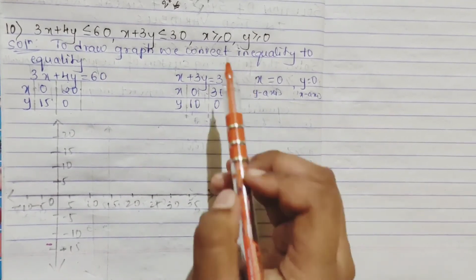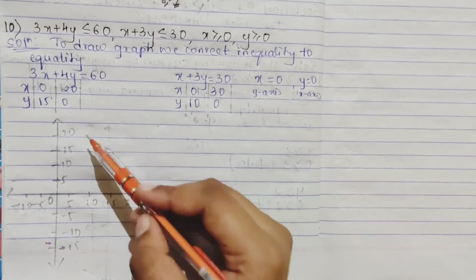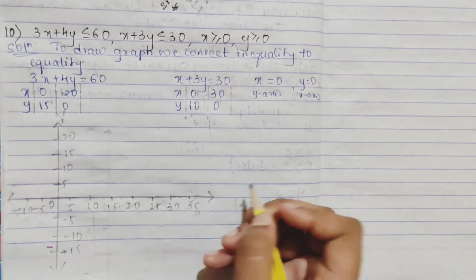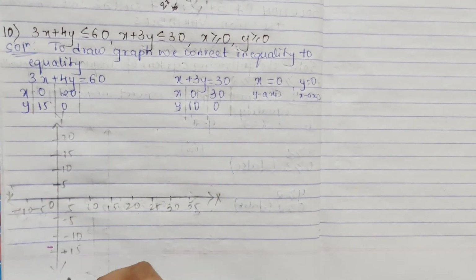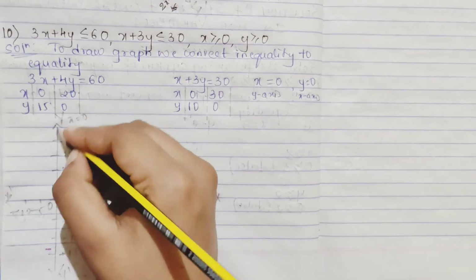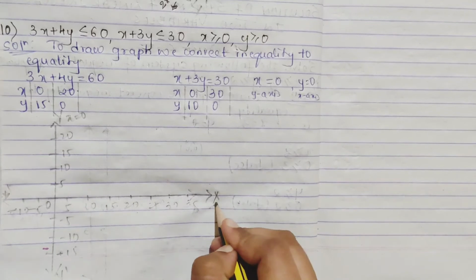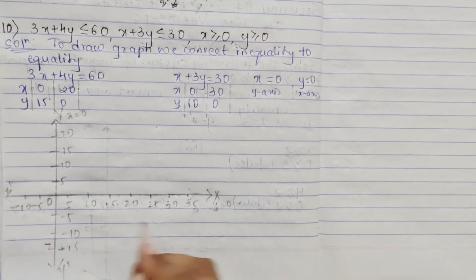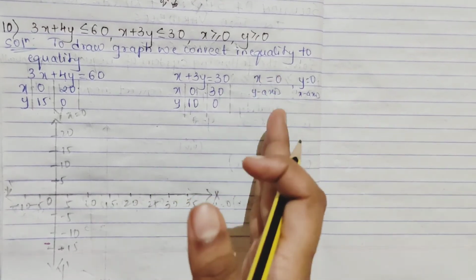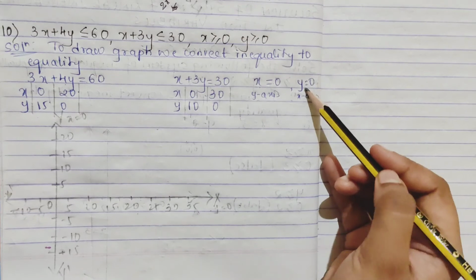Now here you see this becomes x is equal to 0. X is equal to 0 means what? Your y-axis, right? Basically, here I didn't write x, x dash, y dash. So x is equal to 0 means the whole y-axis you get, and y is equal to 0 means x-axis, right? You have studied this in straight lines in your 10th standard. I don't need to explain all this. When x is equal to 0 it will always be your y-axis. When y is equal to 0 it will be the x-axis.